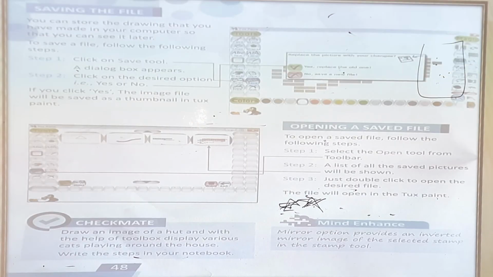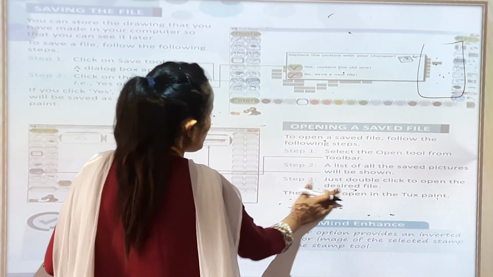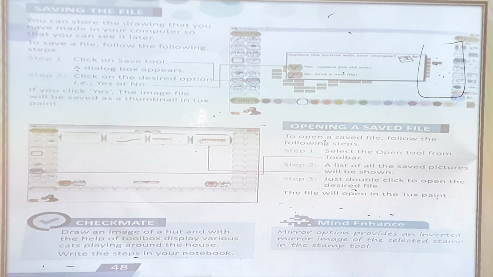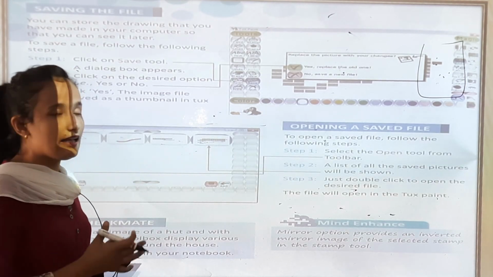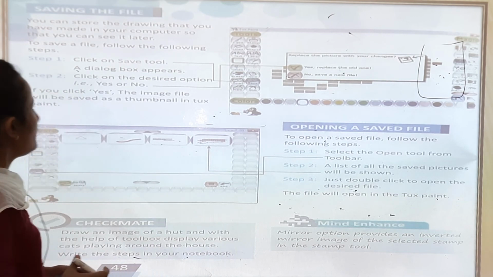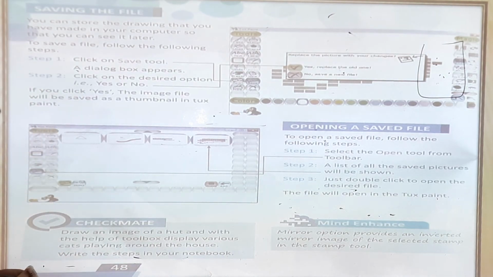Okay. Now saving the file. Now you want to save the pictures. How will you save? You can store the drawing that you have made in your computer so that you can see it later. Obviously we have learned in MS Paint also how to save, right? Now to save a file, follow the following steps. Step 1, click on the save tool.